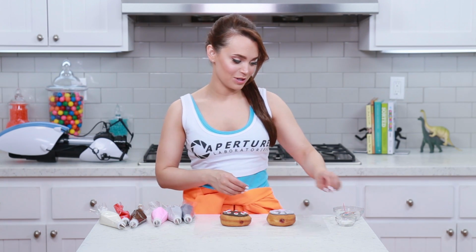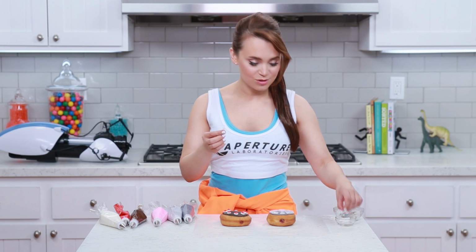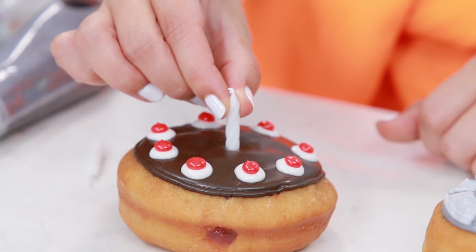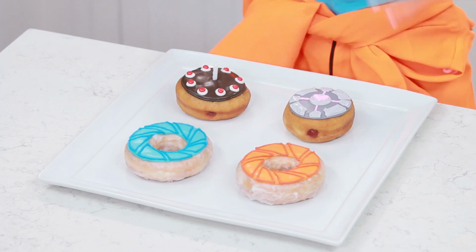Again, this part is totally optional, but the chocolate cake always has a candle in the middle, so I've cut down a little white candle into these small little candles so you can make as many donuts as you'd like. But I'm just gonna place these little cut candles right in the middle. The frosting will crack just a little bit, but that's okay. Oh, ta-da! Here are the portal themed donuts that we made today in celebration of National Donut Day that is